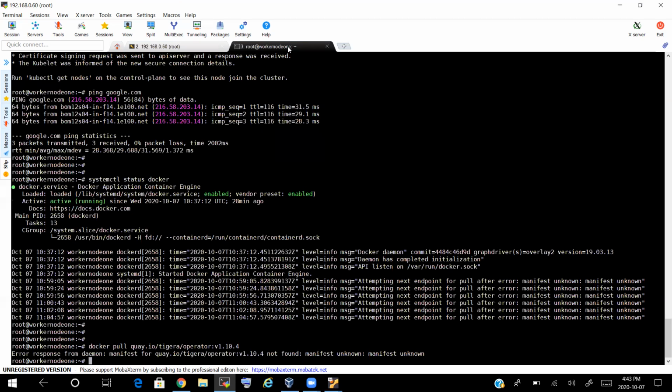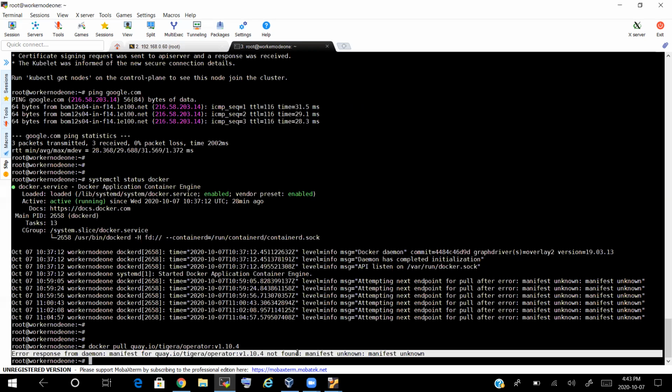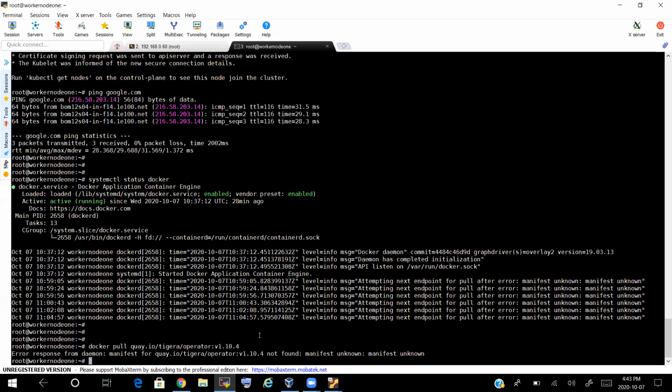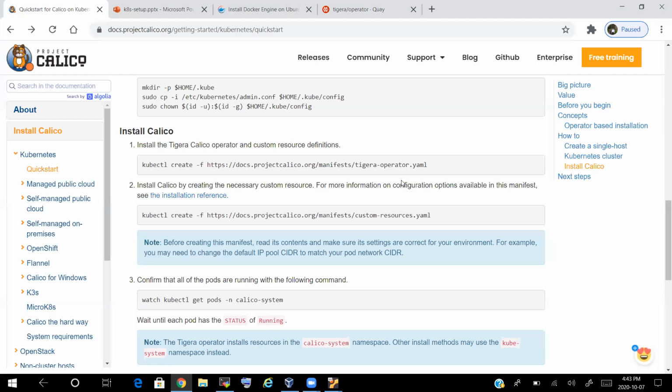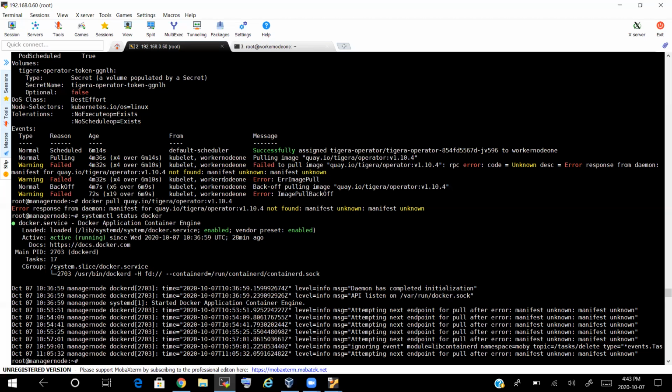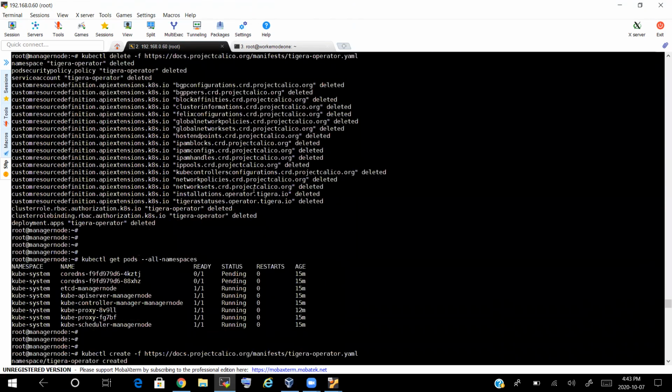So I copied this image and I did a docker pull command. Here also it is failing, saying manifest unknown, which means that it is not able to identify this image with this tag. Then I gave a try with 3. Okay, then it was able to pull the image. Then I understood that instead of applying this particular YAML file directly, since it is using 1.10.4, first I downloaded this YAML file and then I modified the image section at the end of the file, which you have seen just now, right? I modified it to 1.10.3, and after that I was able to do it.